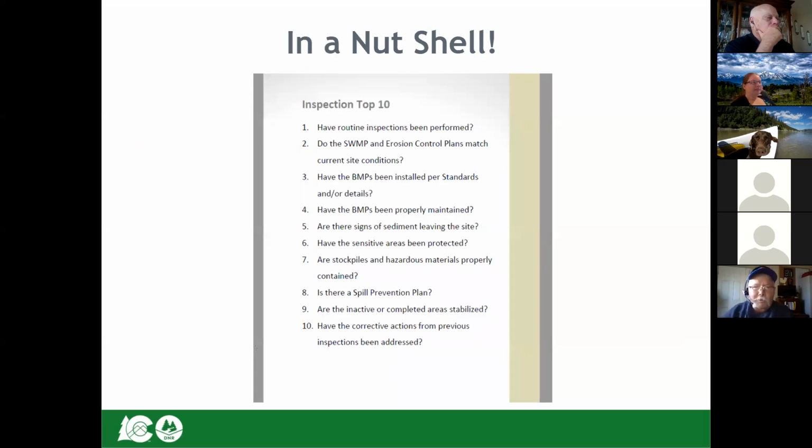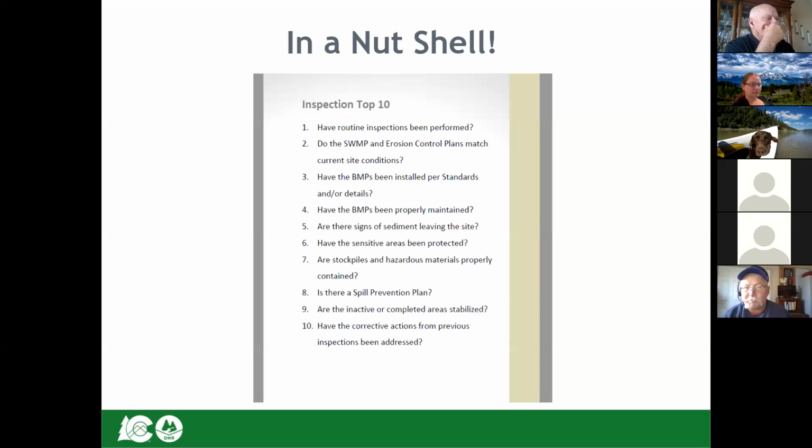All right, so if I had one thing everyone can remember, again, this is out of the CDOT manual. This is at the end. Go back to that compass. Every single person, it doesn't matter which one of those 360 degrees you're looking at, we all have a role to play in stormwater and protection of the resources of the state. So if you ask yourself these questions,